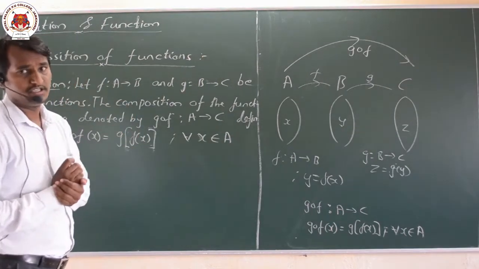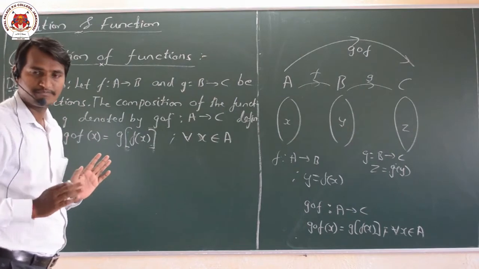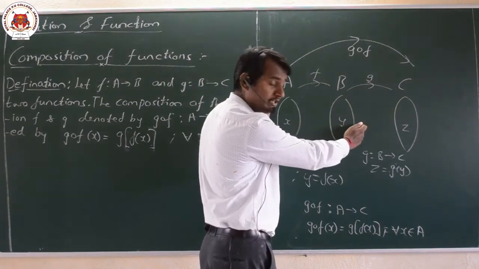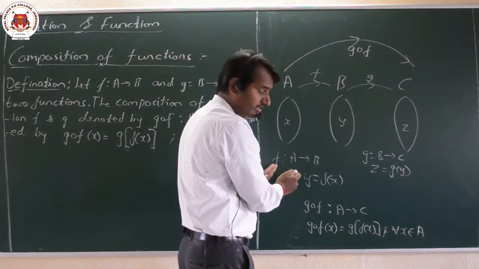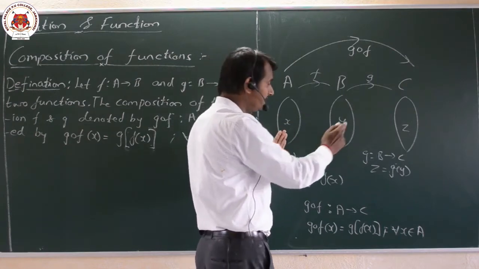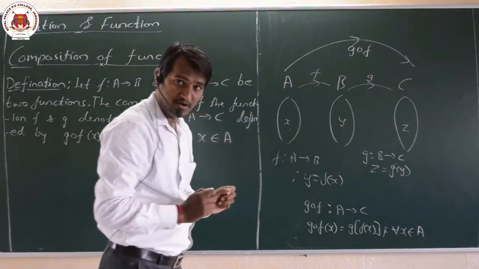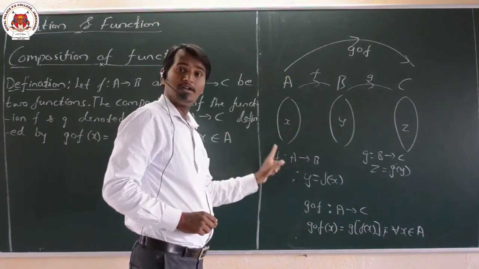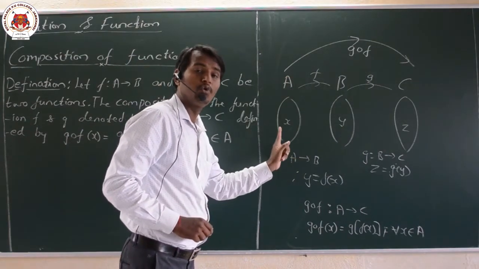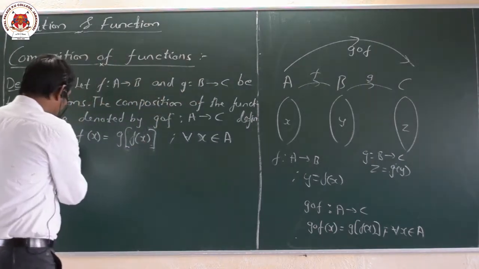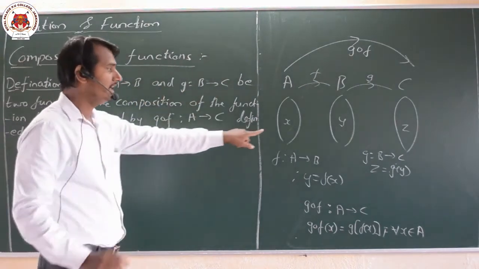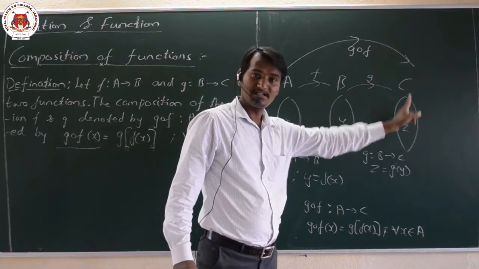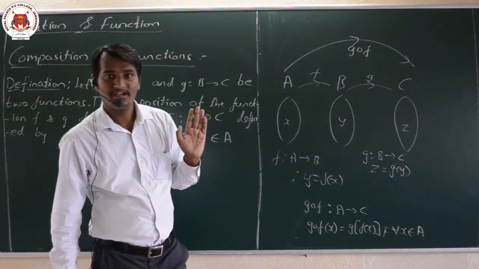Now we can ask one question here. This is a formal manner of defining the composition of functions. You may ask: sir, if we have only two sets A and B, we define a function f from A to B, where x is the domain and y is the codomain. But now in this g of f, all the elements of the set A represent the domain, and all the elements of the set C are nothing but our codomain. Is it clear, everyone?